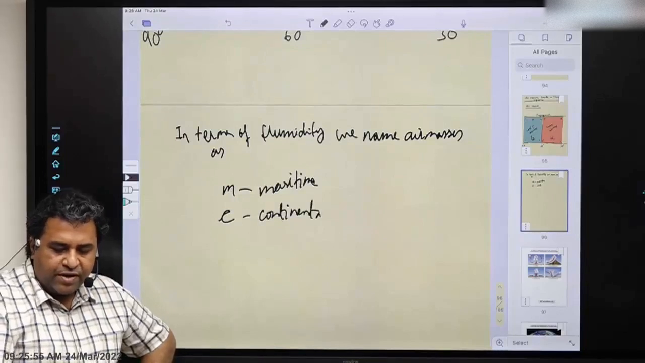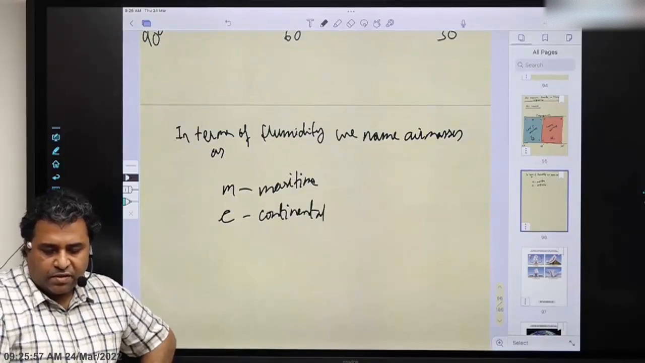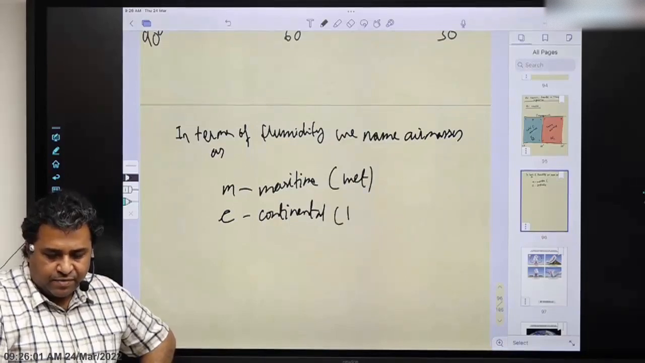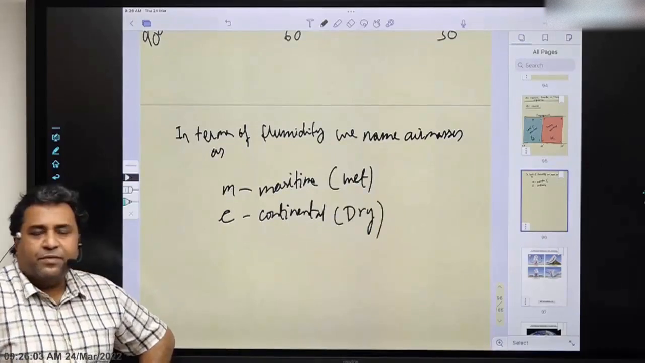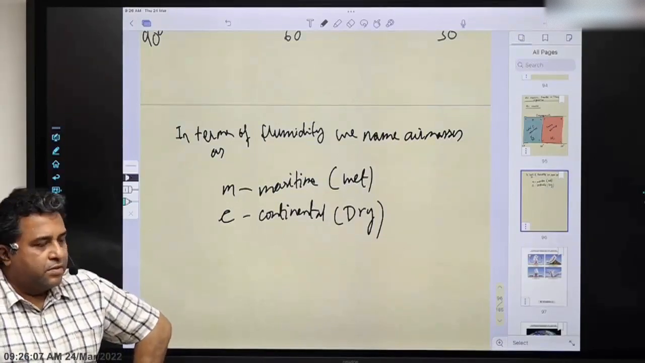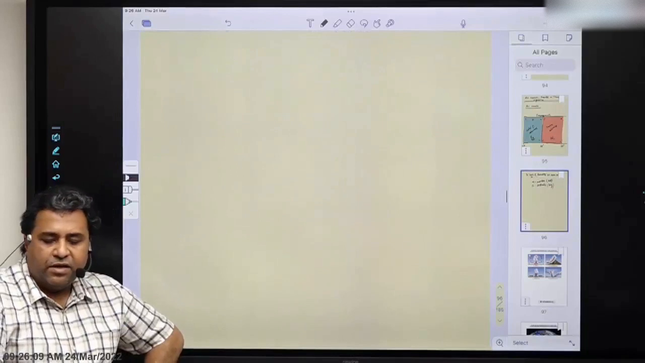And if you want, you can write which would be relatively wet and which will be relatively dry. Maritime and continental. Alright, ठीक है. And then in terms of latitude,